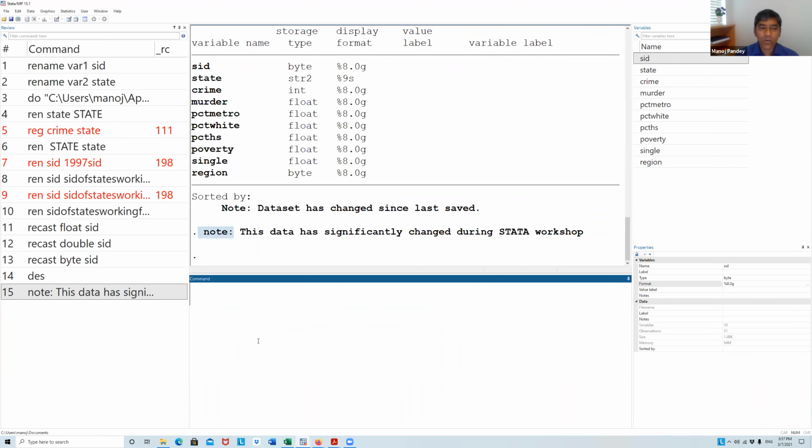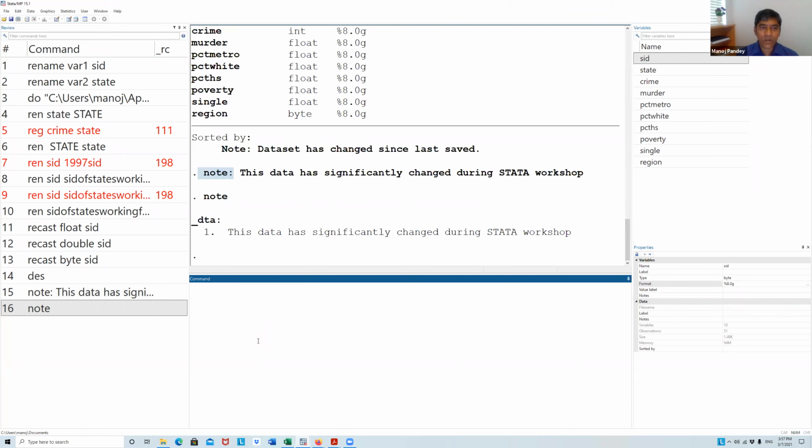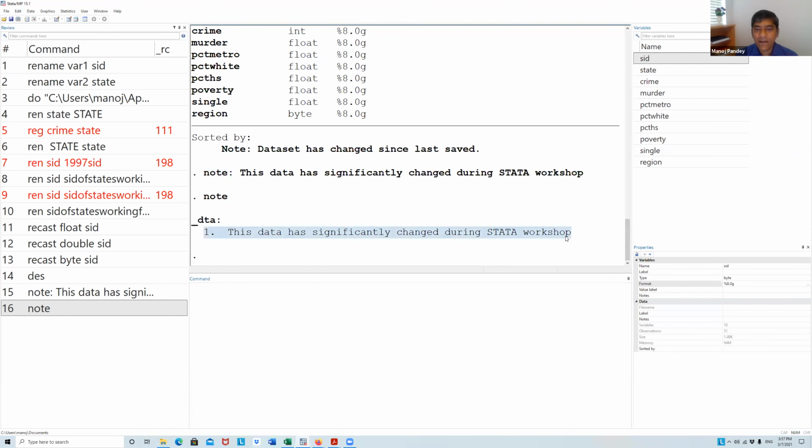Now, if you want to see all the notes that were written by someone who has worked with this data previously, let's say note. Now you can see my note is appearing here: this data has significantly changed during Stata workshop.